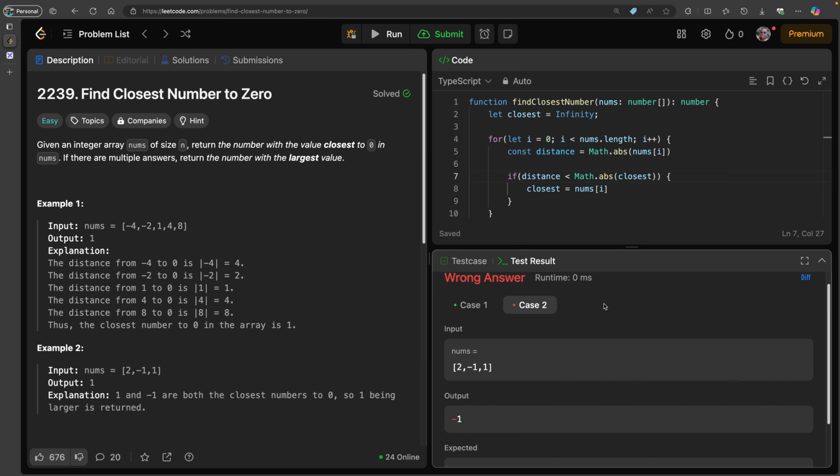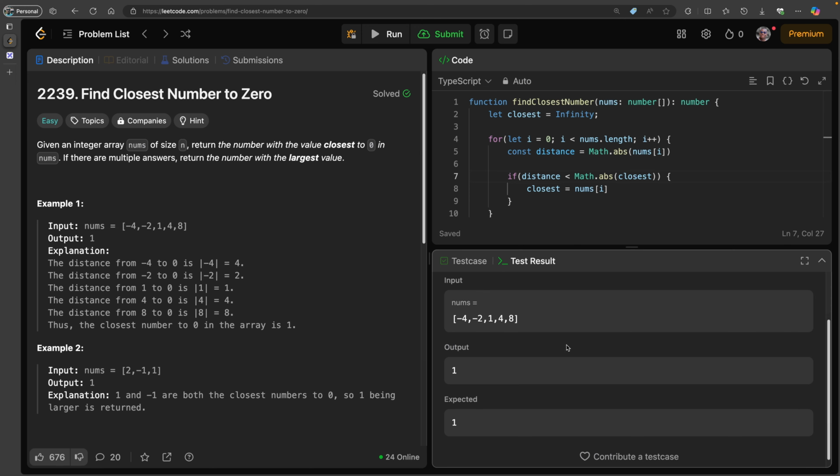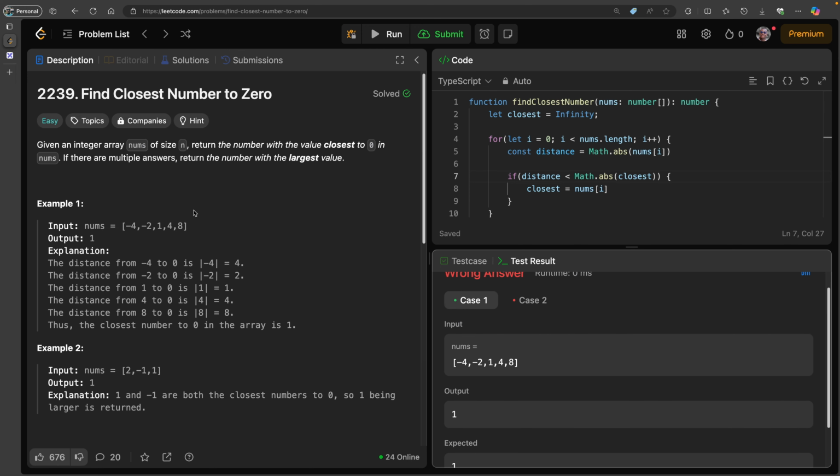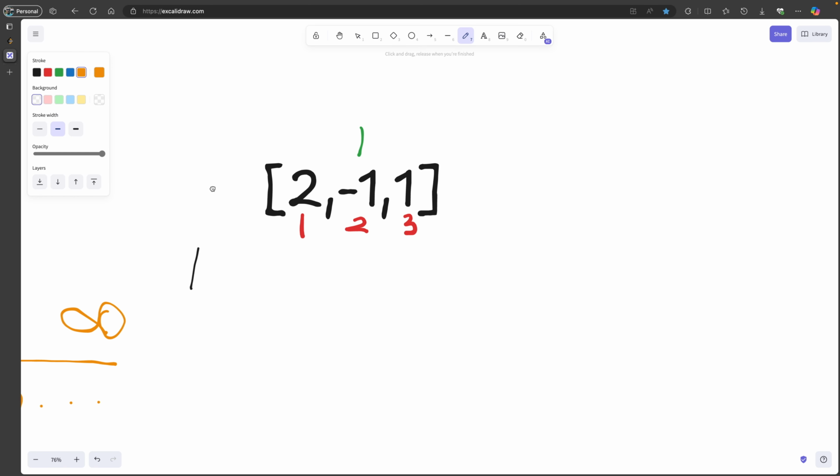Now let's see. As you can see, our case 1 passed perfectly. Now let's tackle this part of the question. If there are multiple answers, return the number with the largest value. So let's say, for instance, you get a number where the absolute value of this is 1, and the absolute value of this is also 1. So basically, they both have the same absolute value, so they are both equal, or the distance from